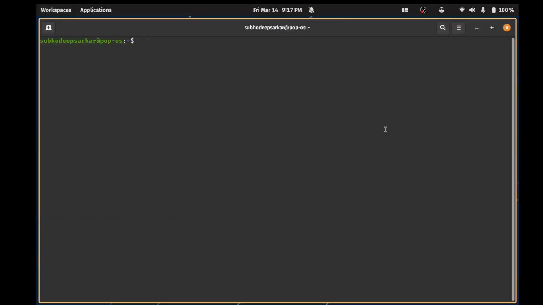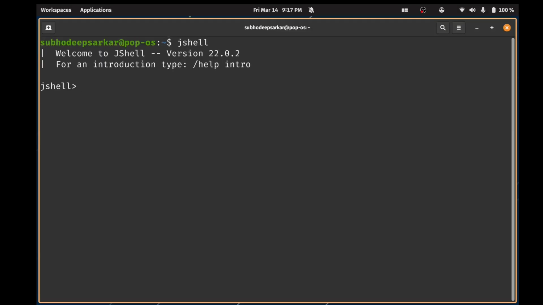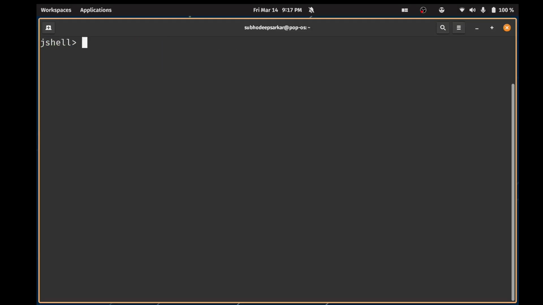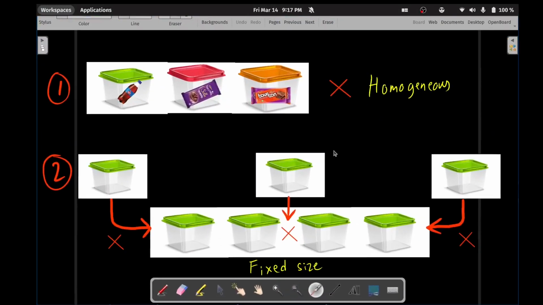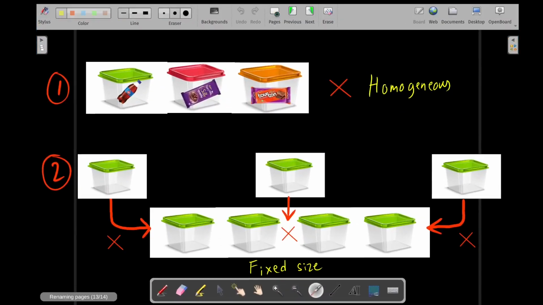So if I open JShell, okay, let's see how to define an array. So say for example, if I am trying to define a set of containers,